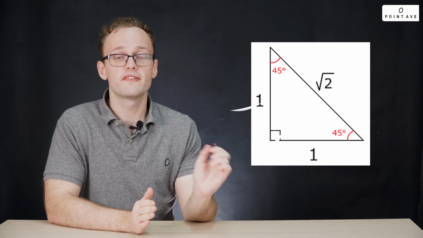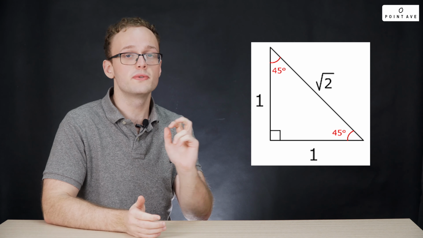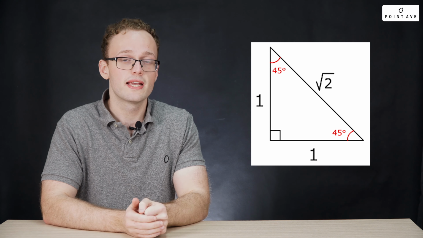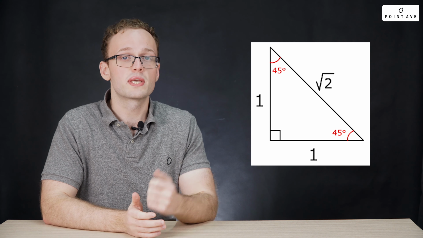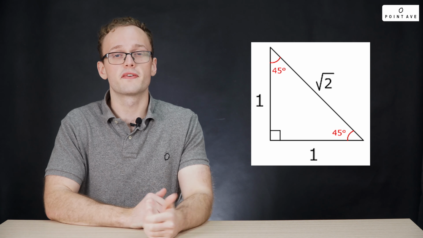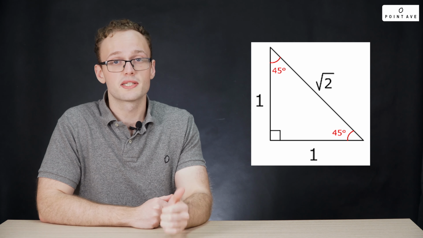Special right triangles are special because they have side lengths that are easy to find. Now the two most important are the 45-45-90 triangle and the 30-60-90 triangle. What do those numbers mean? You might have guessed, those are the angle measures. So the 45-45-90 triangle has two angles, which are 45 degrees, and then one that is 90. And we can relate those side lengths in a 45-45-90 by 1 to 1 to root 2, as we see